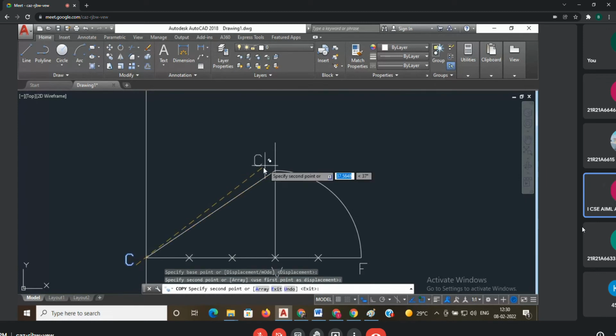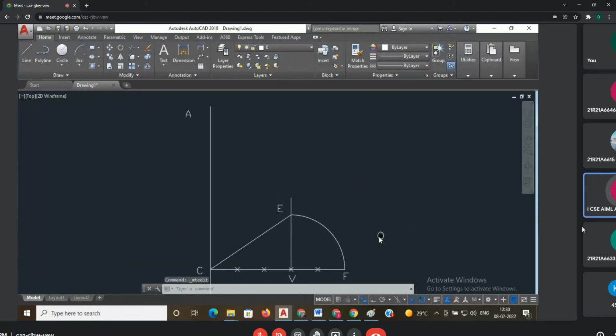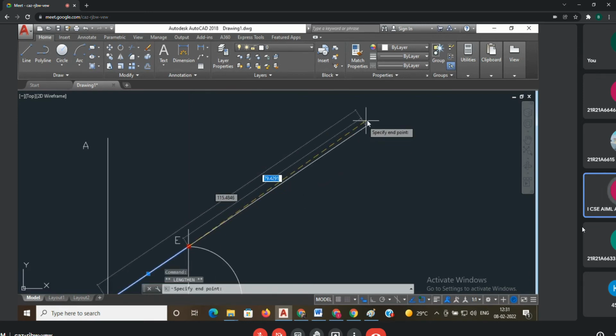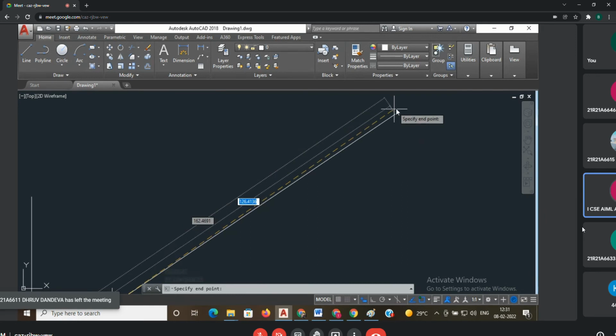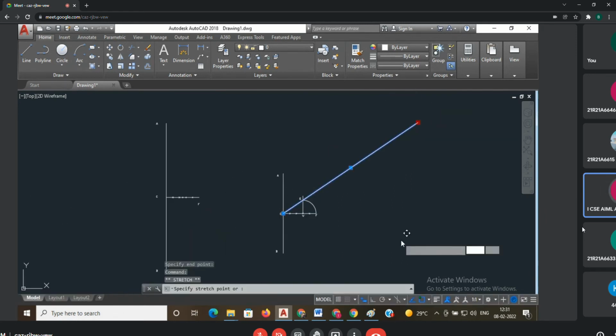This is your E point. Then I want to extend this line. Instead of that, select this line, keep your cursor at the end position, and you will get one option, lengthen. I am not pressing any button on the keyboard or the mouse. I am just placing the cursor at the end point. Then I will get the lengthen option, just increase the length. That's it, up to somewhere here. Why? Because we have one more step here, that's why just lengthen here.